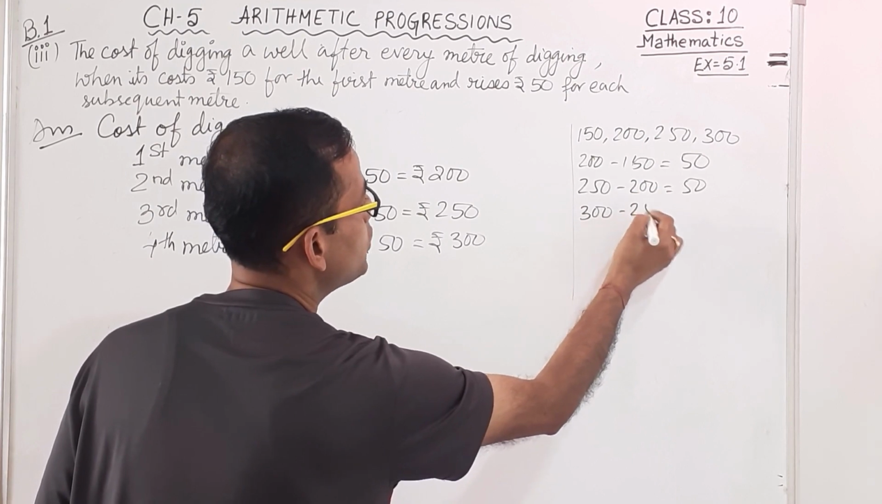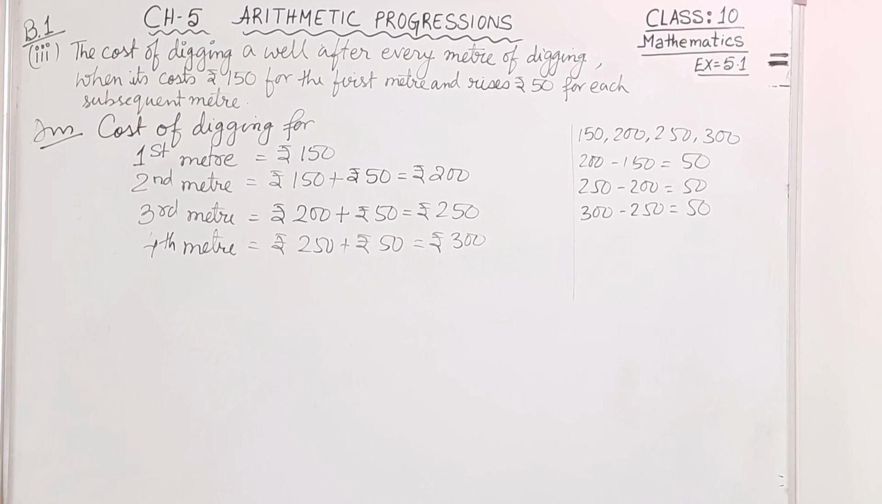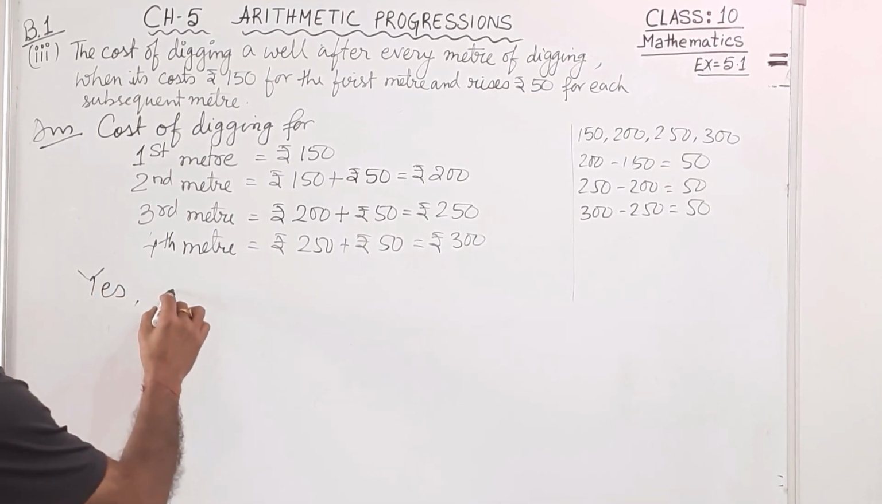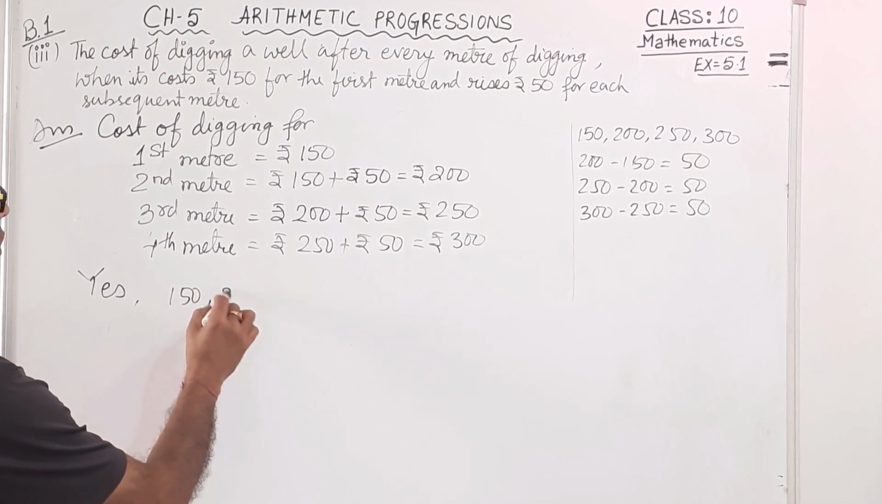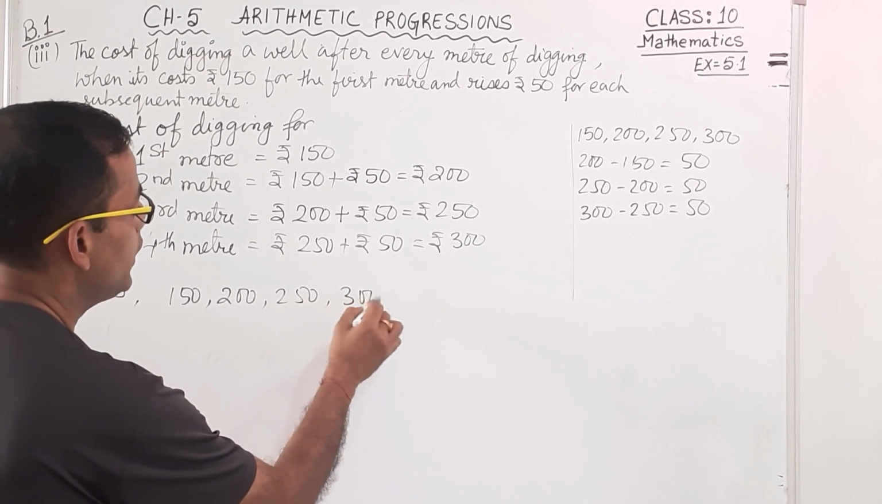300 minus 250, it is coming 50. So all the differences are coming same. So it is an AP. So what you will write? Yes, 150, 200, 250, 300